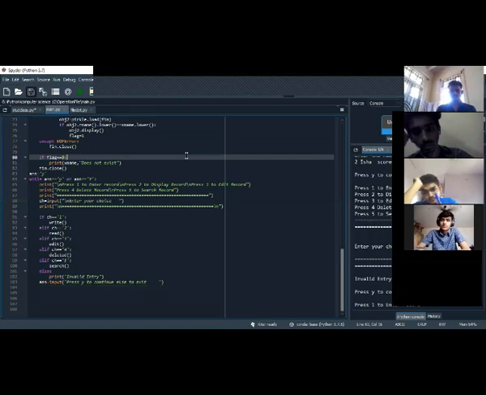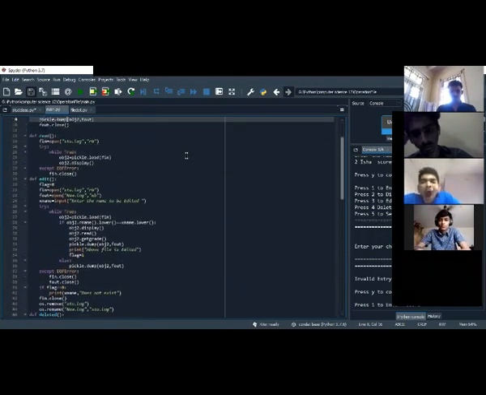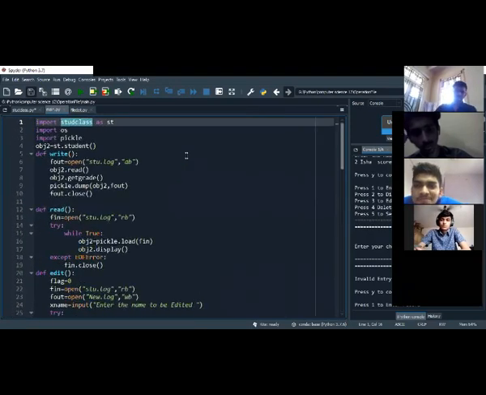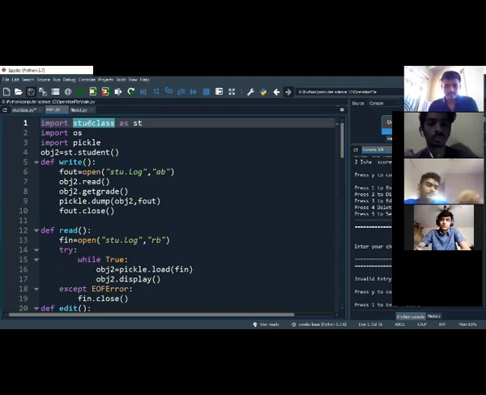I will go one by one. First thing, I imported this one. This was my class, remember, the student class I created. I imported it as ST.